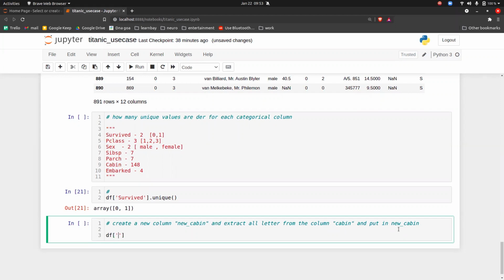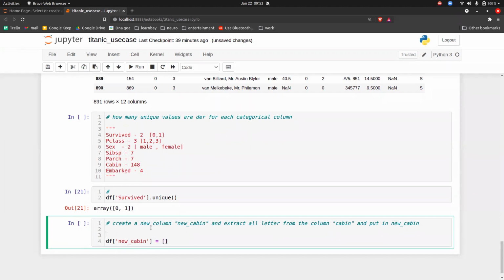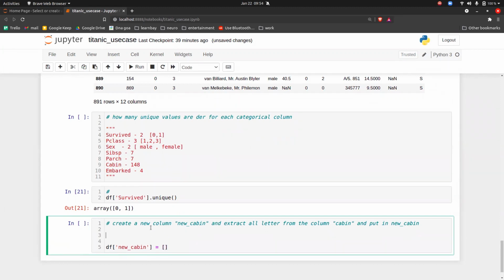df['new_cabin']. I have told you that if you want to give that number of data, you have to put something in the form of a list, and this list should contain the data, correct? The question is how this list will contain the data. The answer is very simple. You know Python, correct?